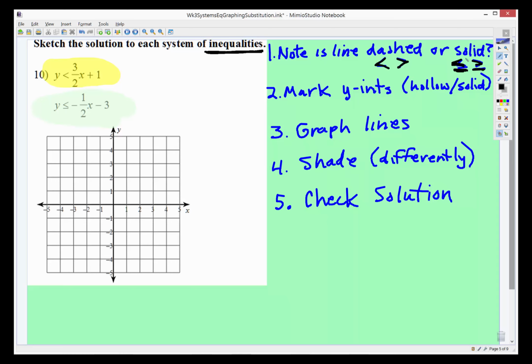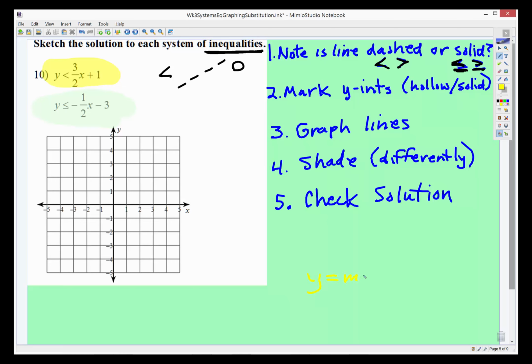So in the first equation, notice the yellow highlighted one, that there is a less than. We know right away that's going to be a dashed line and a hollow dot at the y-intercept. So I'm going to go ahead and do that now. I'm going to first graph the yellow highlighted one. The y-intercept, remember,